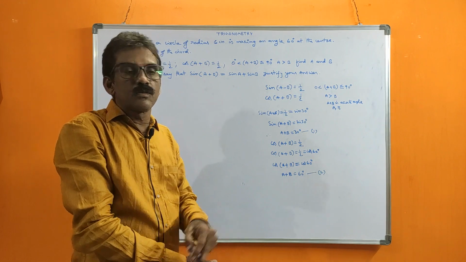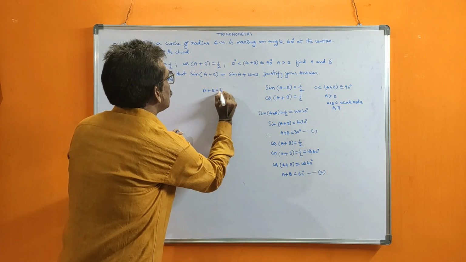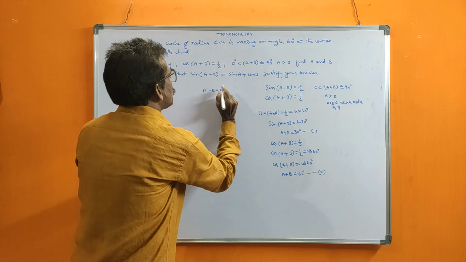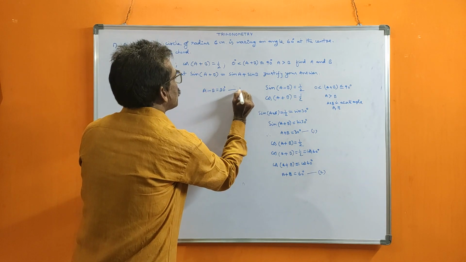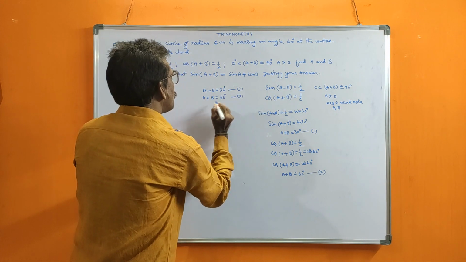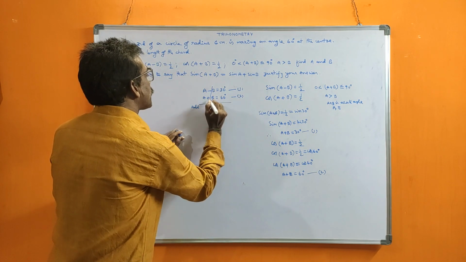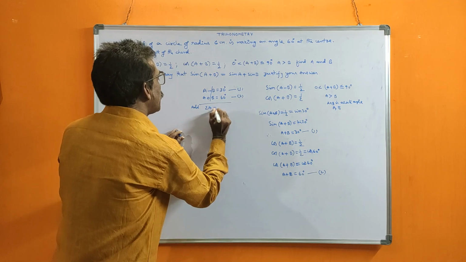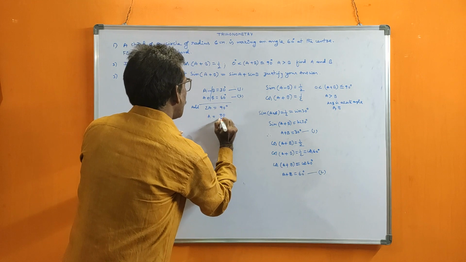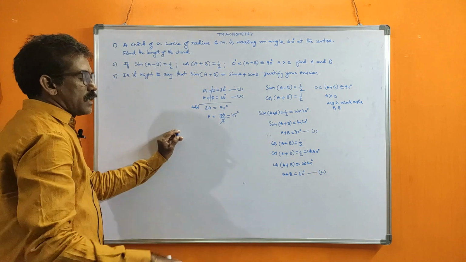How to solve these equations, you know. So A+B is 60 degrees, and A-B is equal to 30 degrees because of equation 1. A+B is equal to 60 degrees, equation 2. It is better to follow this order. Now add. By adding, plus and minus cancel. Adding means A plus A is 2A, and 30 plus 60 is 90 degrees. So A is 90 by 2, which comes to 45 degrees. So we got the A value, 45 degrees.